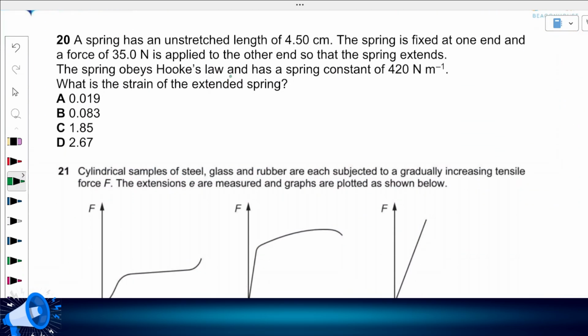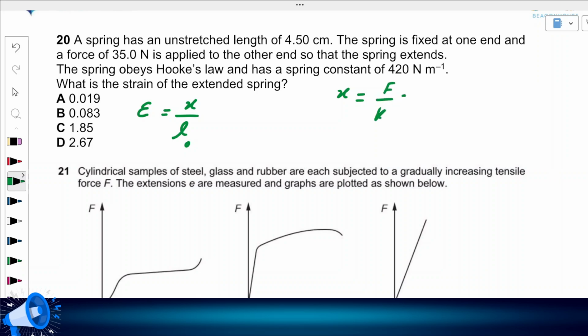Okay, just the last one. What is the strain of the extended spring? The formula of strain equals x over L, extension over original length. So we shall first find the extension. Extension equals